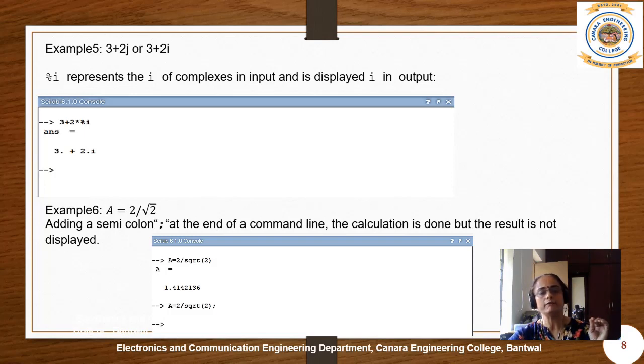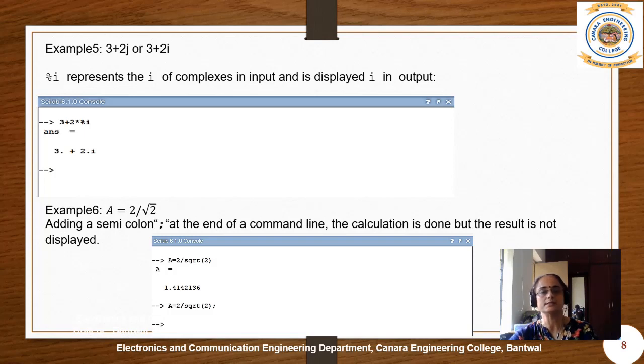Then, a very important thing is the percentage sign; you cannot avoid it. If you don't use this percentage sign, then whatever value you have given earlier, if it is 2, then 2 multiplied by 2 will come as 4. But you want to display it as i, therefore you have to enter this percentage sign. Not only that, you have to use this multiplication sign. You cannot get away without writing this multiplication sign. These two things you have to keep in your mind whenever you are writing a complex constant.